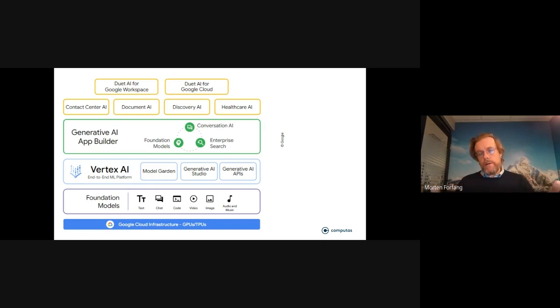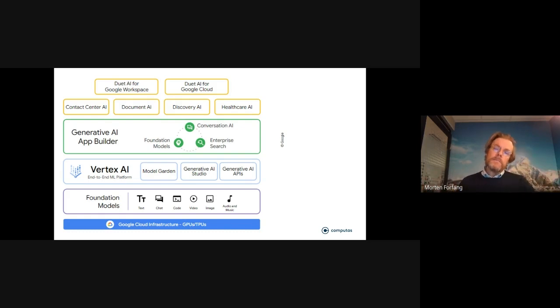So that might be, for example, customer relations, contact center AI, or it could be for productivity software, where you write your emails, your text, or you do your spreadsheets, and you get some kind of an assistant where you can ask, how do I sum these columns, or could you provide me with a paragraph that describes this, and then it will do that for you. Or it could be in healthcare, for example. So these are business verticals.